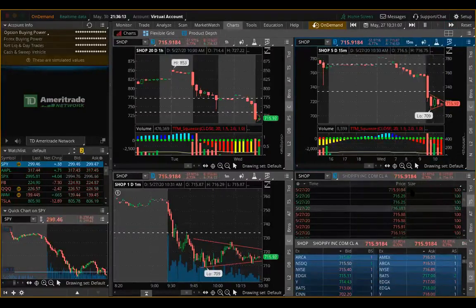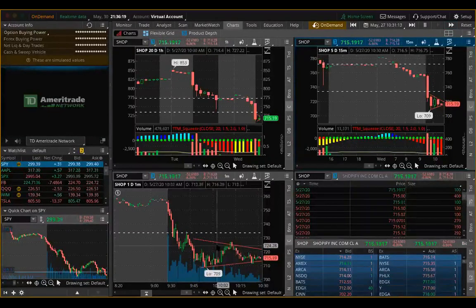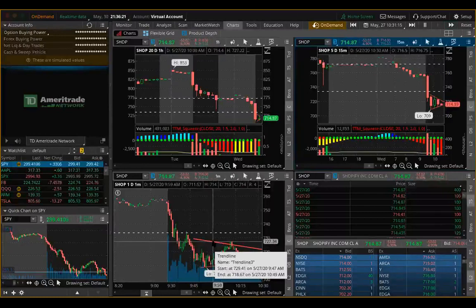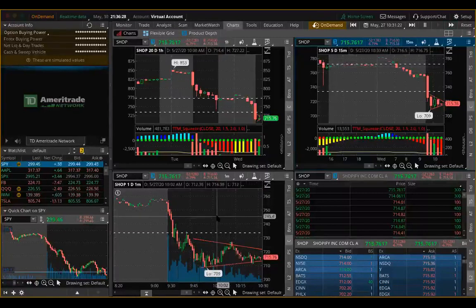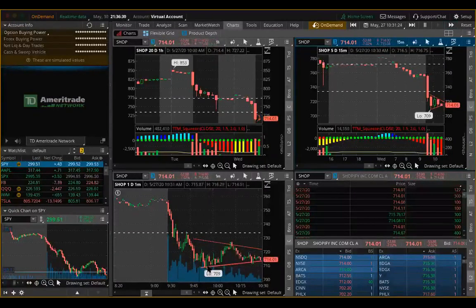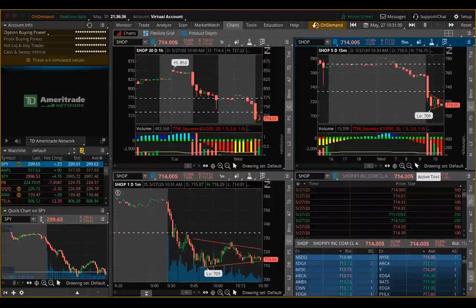So we want to come here and look at the level two. Just looking at the 1 minute chart, I can see that 726 is a clear level of rejection, it got rejected, right? And I can see that this 709 is holding. So what I'm looking for is a break below 709 for my entries.